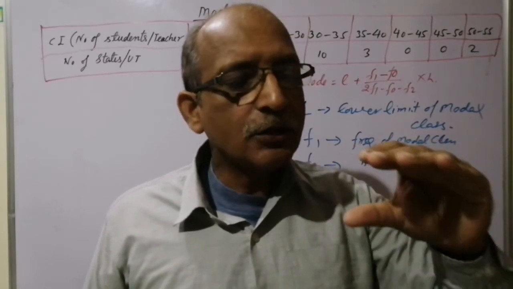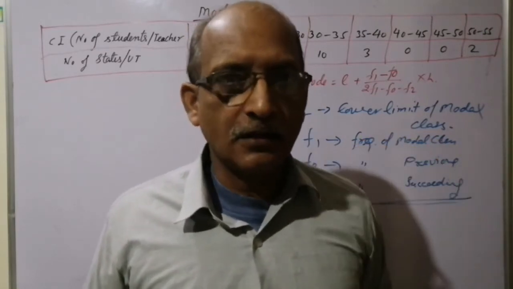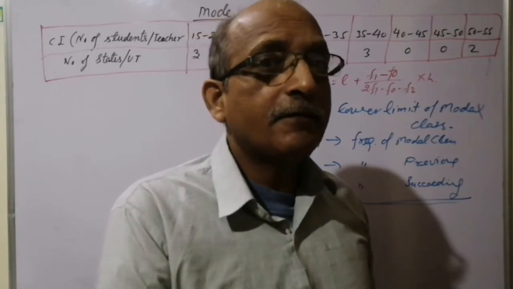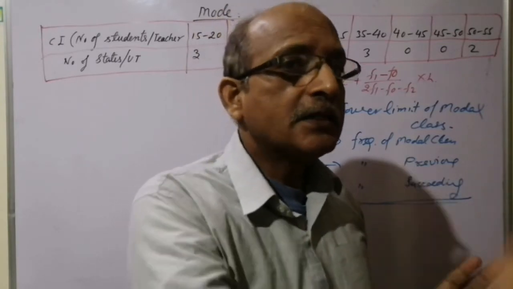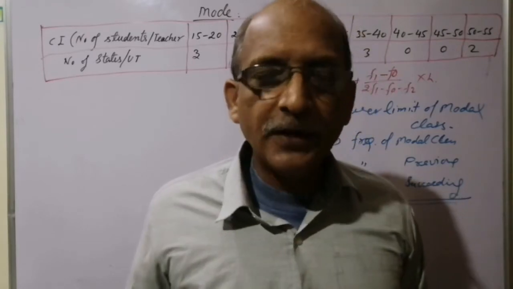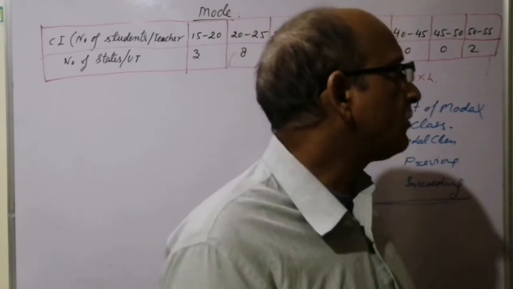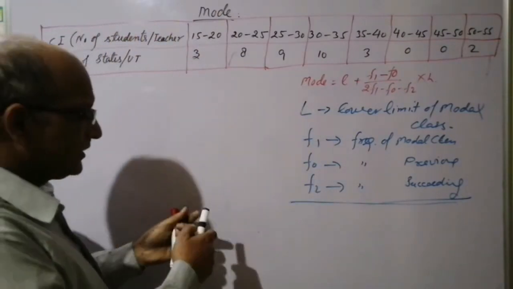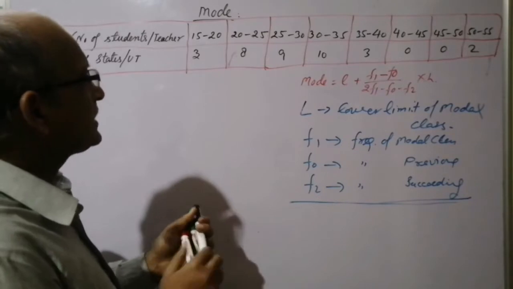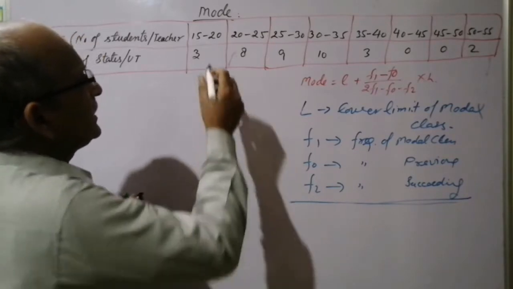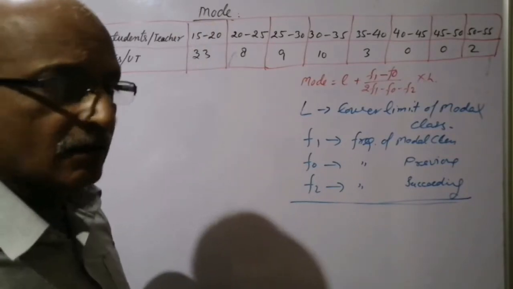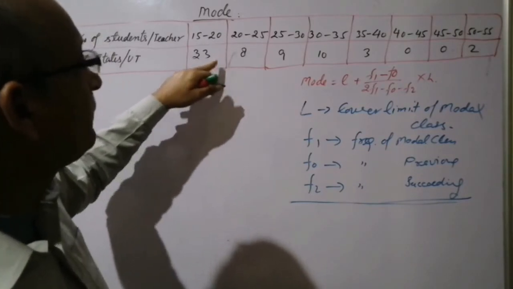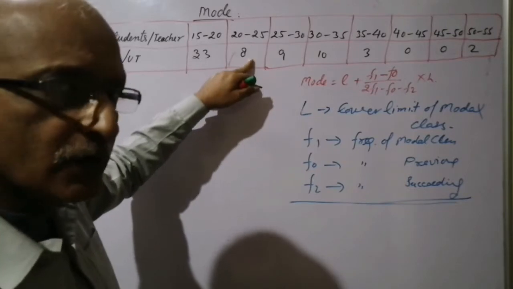Say your school is up to 12th standard. Somebody asks you, what is the strength of the students in BSc of your school? I obviously will say 0. In other words, just for example, I am taking this class having 33 students. Say 33 students are there. Then obviously the modal class is this one. So F0 will be before it. F1 is 8, it's okay.